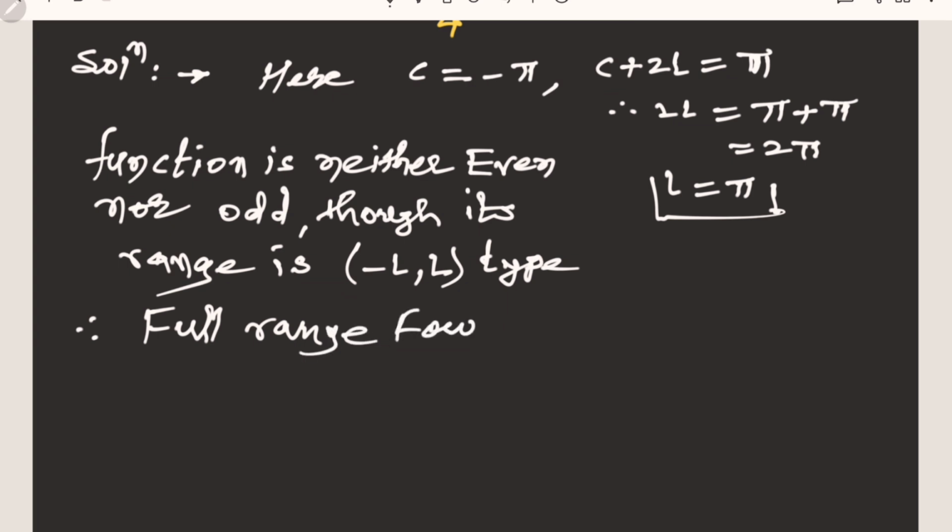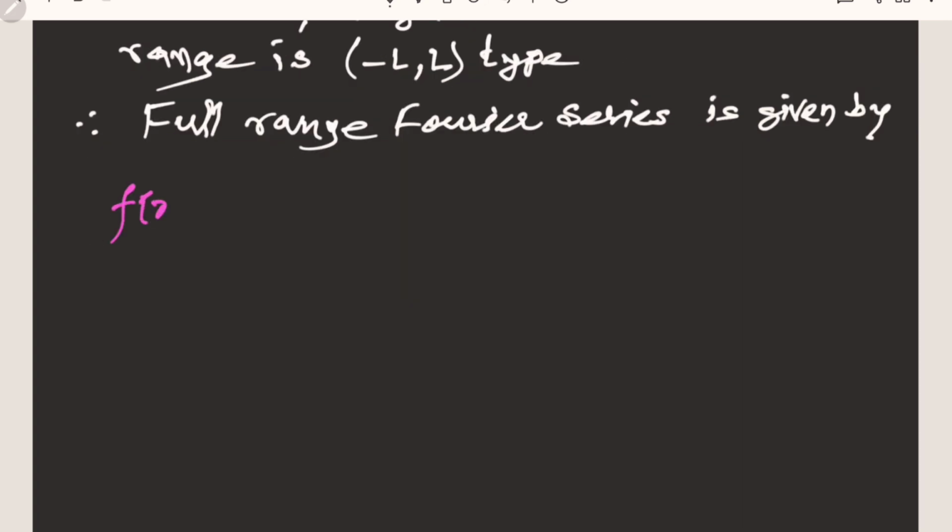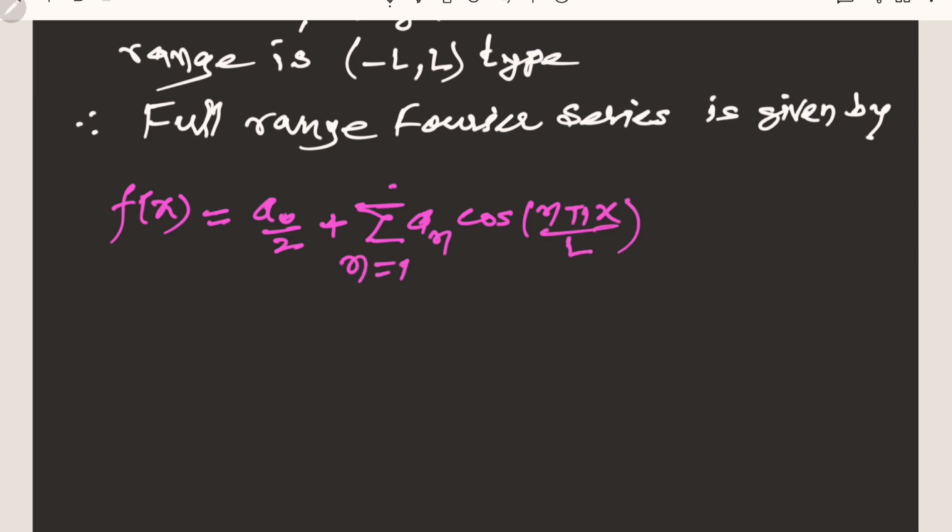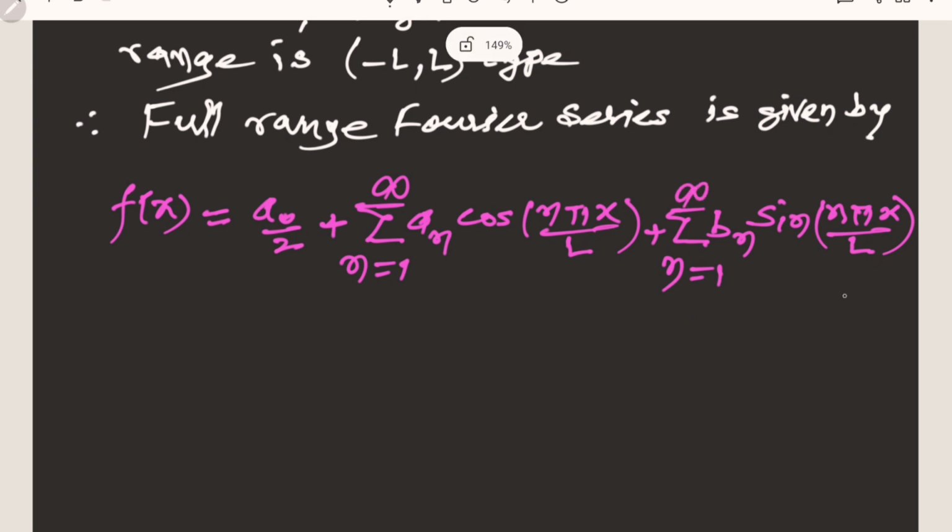the formula like this: f of x equals a0 by 2 plus summation of an cos of n pi x divided by capital L, where n changes from 1 to infinity, and second, summation of bn into sin n pi x by L, again n changes from 1 to infinity. We call this equation 1,